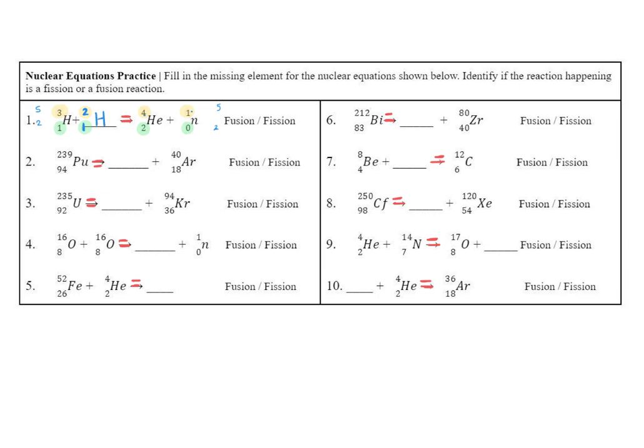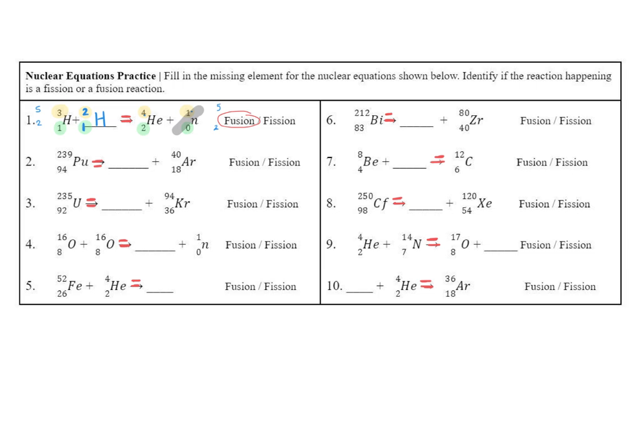So in this problem, we are taking a hydrogen with 1 proton and a mass of 3, and a hydrogen with 1 proton and a mass of 2, and they are combining to make this helium nucleus with a random neutron. Okay? When we decide fusion or fission, don't actually cross this off on yours, but I want you to not look at the neutron. So what I see here is we have two things combining to make one. We call that fusion, when we have two small nuclei combining to make one.